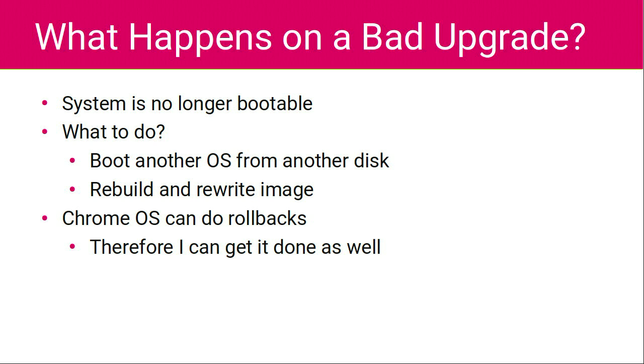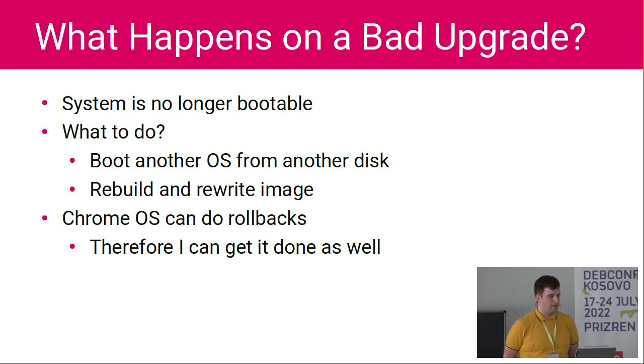Then what happens on a bad upgrade? Since we have only one kernel partition and we overwrote it with a bad image, we have no way of booting anything on the device anymore. We have to boot another OS from another disk and rebuild and rewrite a correct image for the Chromebook. Chrome OS can do rollbacks, and